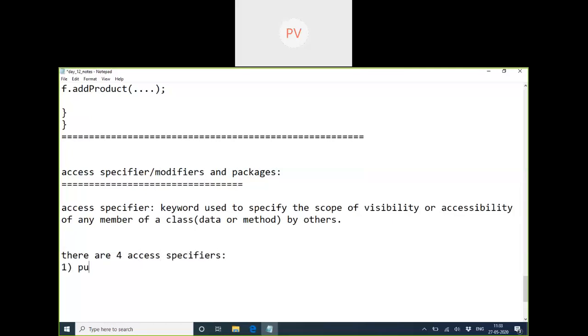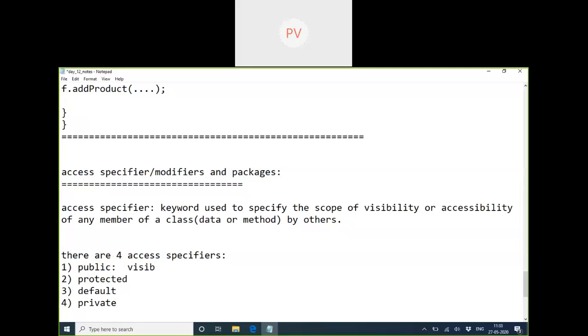Now there are four access specifiers. The first one is public. These are all keywords, so they will always be in small letters. Protected, default, and the last one is private. This chapter is a really basic concept. Talk about public. The simple thing you have to understand is that it is visible.